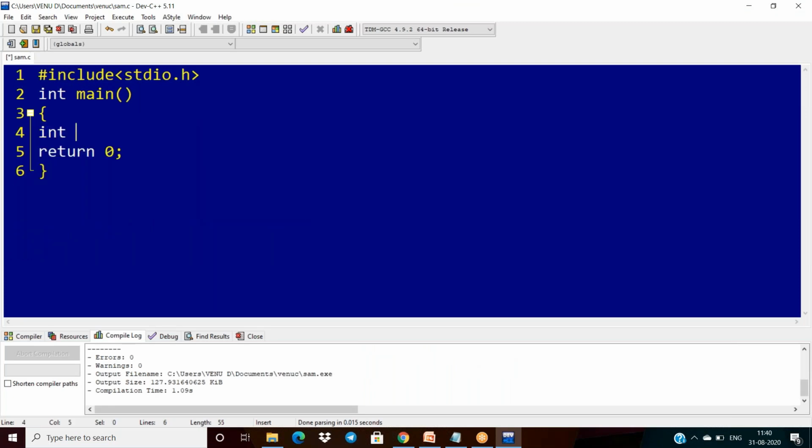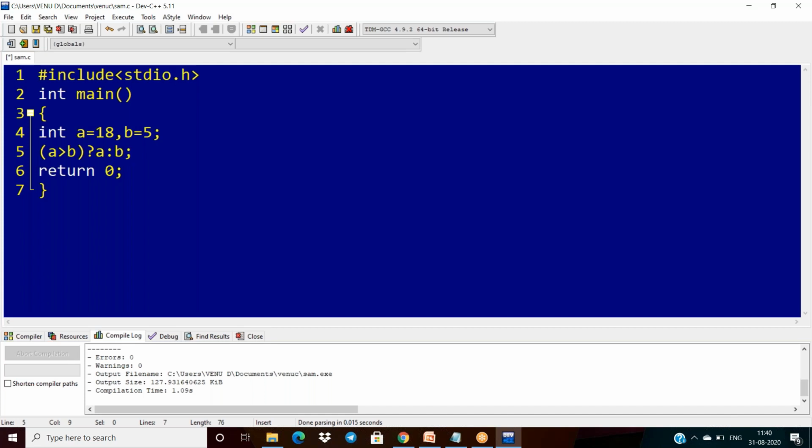Now I want to give an example of this ternary operator. I am taking 2 numbers, a equal to 18 and b equal to 5, and I want to find the bigger of the 2 numbers. My expression is: if a greater than b, then question mark, a is the big; otherwise colon, b is the big.